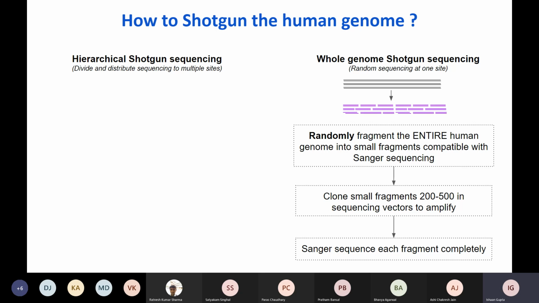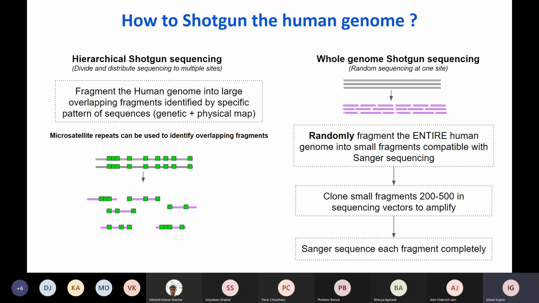All right, so this is the idea of whole genome shotgun sequencing. You have the DNA molecules, three identical DNA molecules that are randomly fragmented. Now you randomly fragment the entire human genome and make small Sanger sequencing compatible fragments. You clone these fragments, amplify these vectors, pick each one of these clones and Sanger sequence the fragment completely, and then you overlap them. Obviously, this is not going to be a completely viable solution because there are a lot of regions in the genome that are repeat regions. So the hierarchical shotgun sequencing actually does